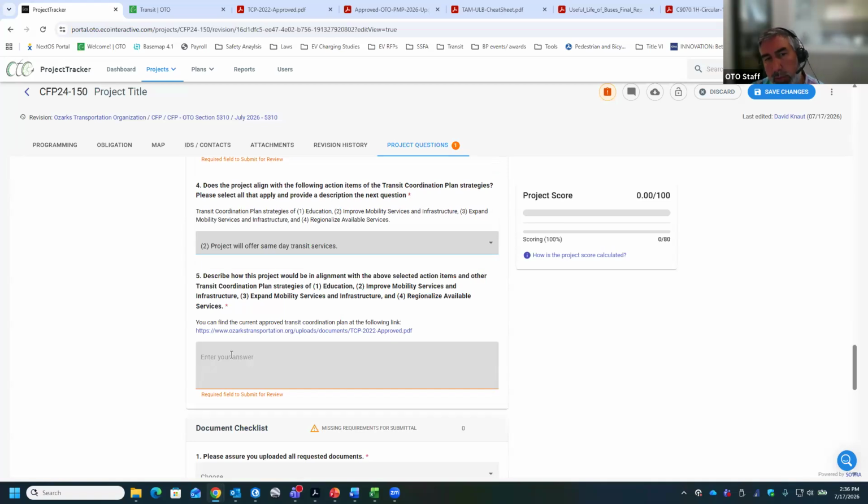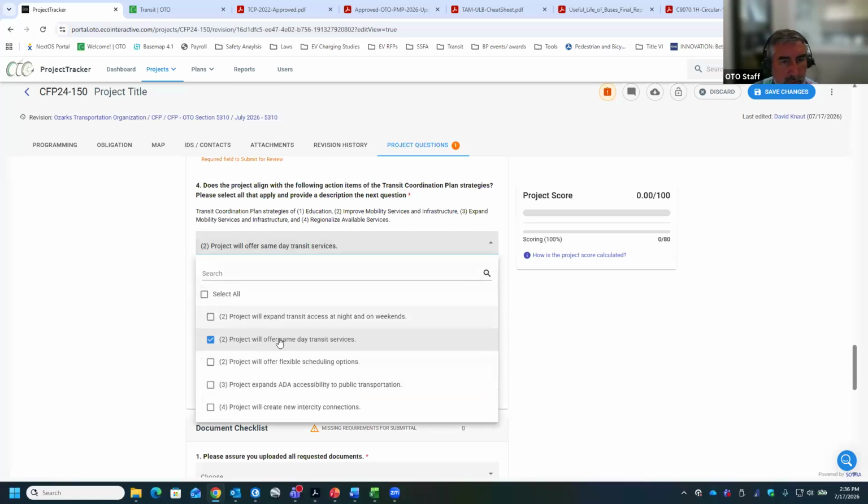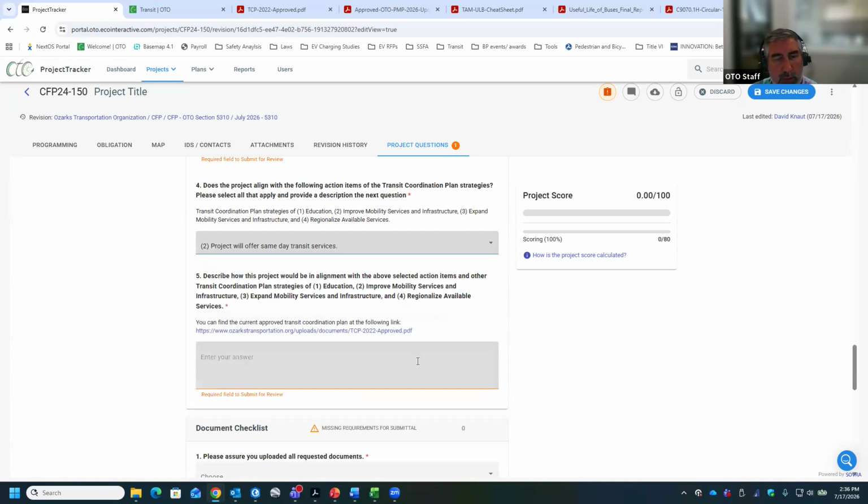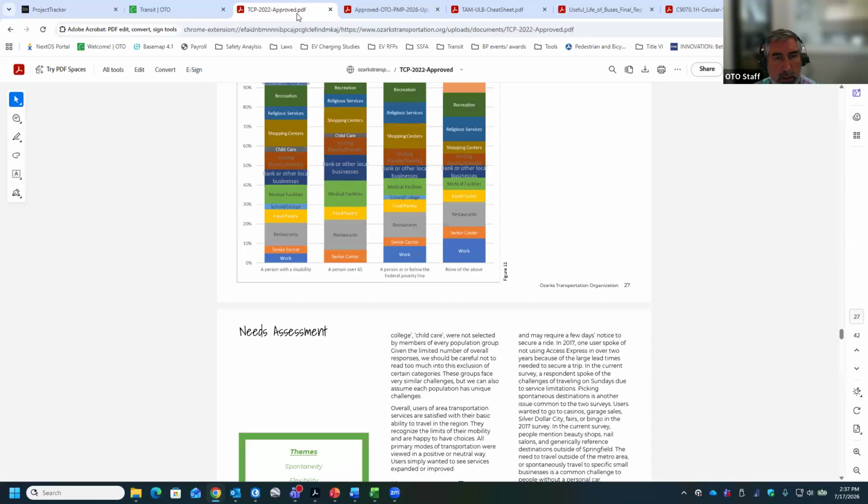It's also an opportunity to talk about what else, if you don't meet any of those, since some of them are same day service, more flexible scheduling, and we're aware that it's not possible. But as I said, there's up to 5 points on overall how you meet our transit coordination plan. So this would be the opportunity to type in how you see that your project will help with that. And there again is a link to our transit coordination plan.